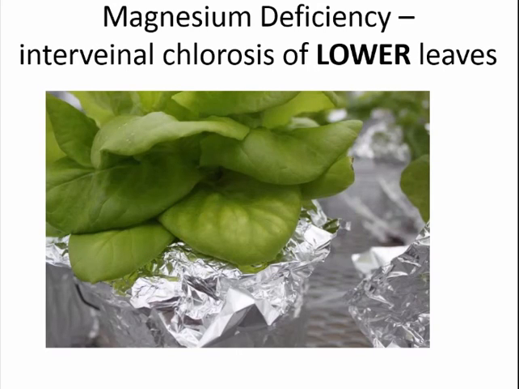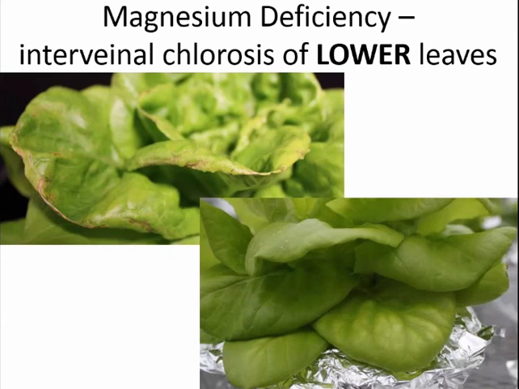Then magnesium deficiency, which looks quite similar to iron deficiency in that it's interveinal chlorosis, but in this case the lower leaves are what are affected. And so you see here that yellowing between the veins of the lower leaves. And another symptom that you will see is that the leaf edges, and this again would be on the lower leaves, can show a marginal necrosis. Looks a little bit like potassium deficiency, but then as it advances,